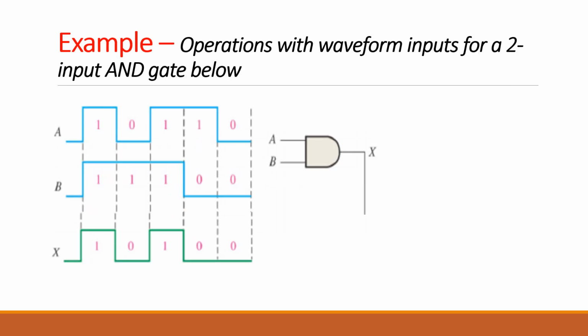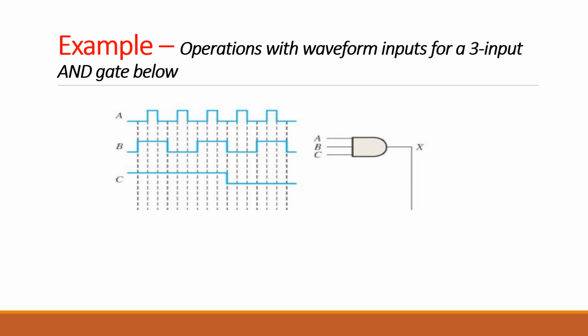So that will be our answer. How about this? I'll give you time for you to figure this out. You have 3 inputs and you need to find out your output. Where are they in both? All 3 are in 1. Here? Where else? This one? That's all right. Okay. So then it will be